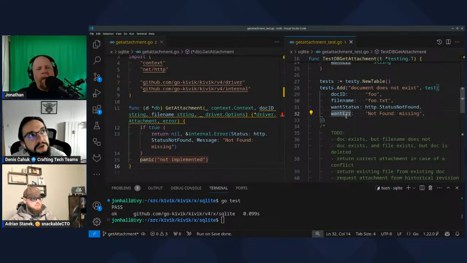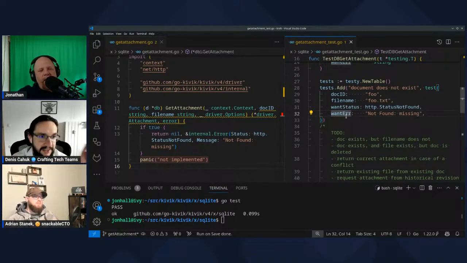Well, the determinism is determined in this case by us having a SQLite database and putting a document in, and I want this test to fail if the query was incorrect, not if the setup was incorrect. That's sort of what I'm alluding to here, right? This test should not fail if we can't connect to the database. If we can't connect to the database, it should panic, but it shouldn't fail.